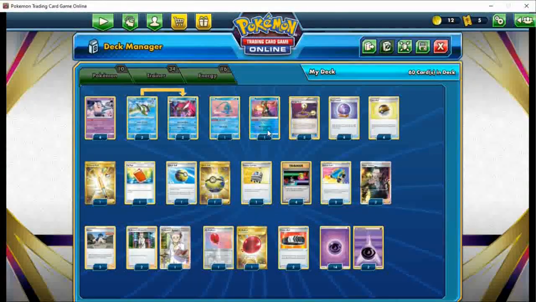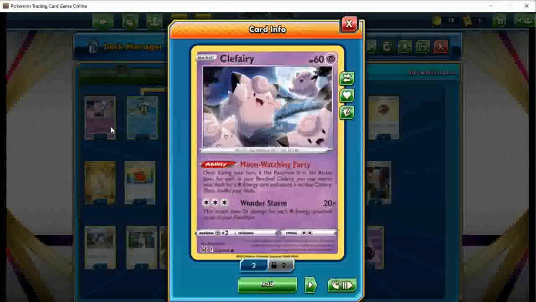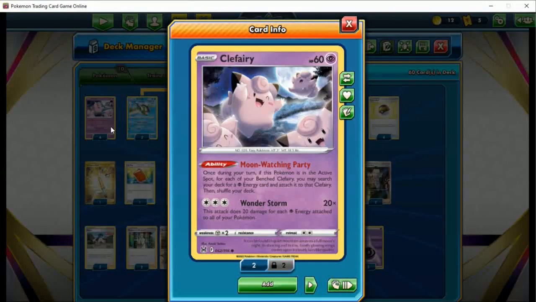This time we're going to be taking a look at Clefairy. So Clefairy is a new basic Pokemon for Lost Origin that has the amazing ability Moon Watching Party. It says once during your turn, if this Pokemon is in the active spot, for each of your bench Clefairy, you may search your deck for Psychic Energy and attach it to that Clefairy. So if we have 3 Clefairy in play, we can essentially search our deck for 3 Psychic Energy and put